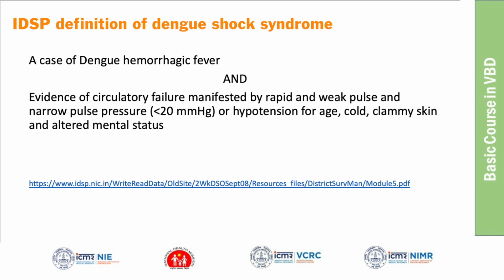And then we have a definition for dengue shock syndrome. A case of dengue hemorrhagic fever, if they have evidence of circulatory failure, this is the most important, like pulse pressure, the difference between the systolic and diastolic pressure. If it is less than 20 millimeters of mercury, or having a weak pulse, hypotension, low BP, these are all signs of dengue shock syndrome. So these are the definitions given in the IDSP